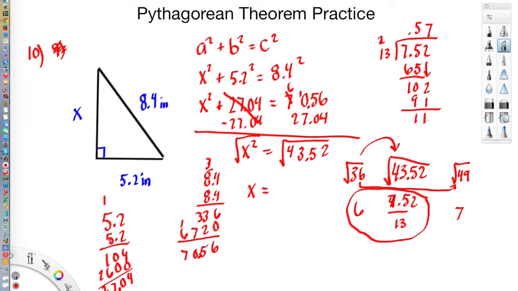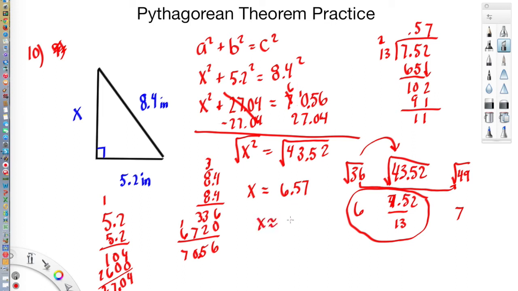remainder of 11. And I can stop there because if you read the directions carefully, it said round each number to the nearest tenth. So I know it's going to be 6 and 57 hundredths. Remember, I did 6 and 7 thirteenths, and I just cleaned that up to make it a decimal. And if I want to round this